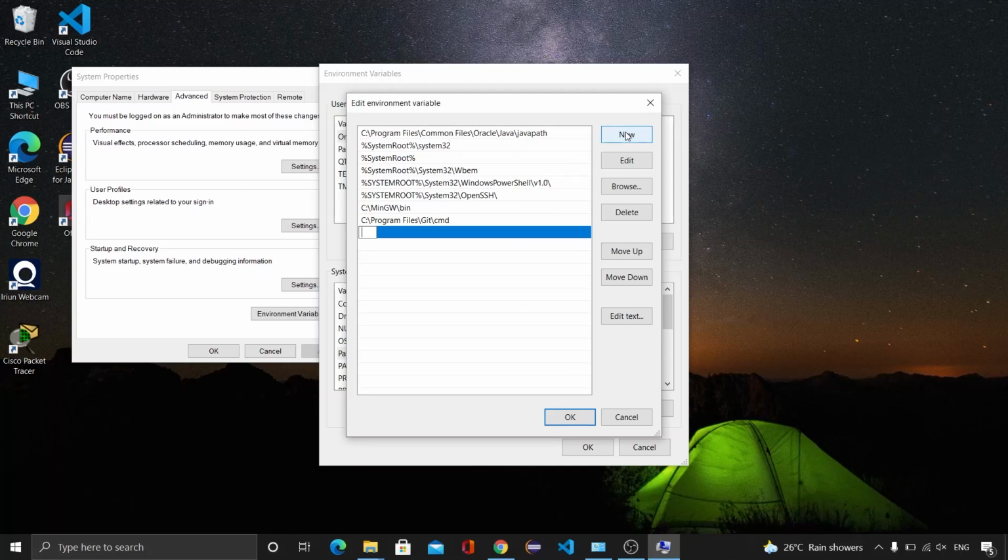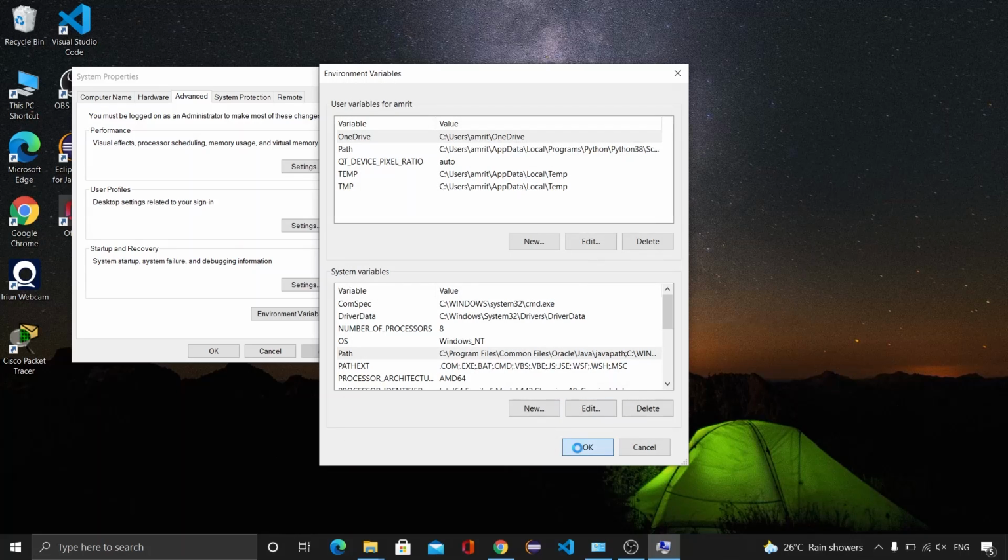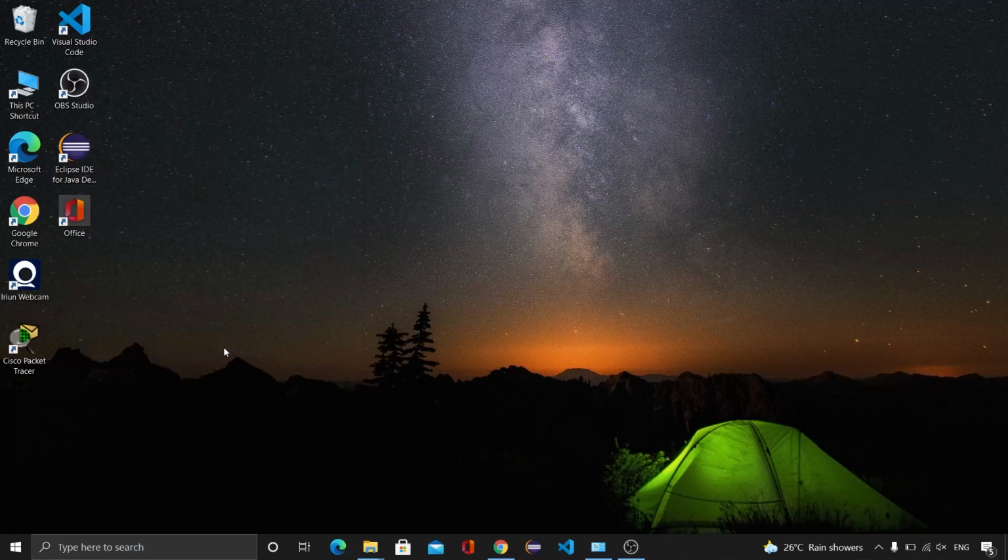So just click on new, and here we will paste the same path that we copied from the bin folder inside the JDK folder. Then say okay, and after that okay, and then one more time okay. Now you are able to run a Java program on your machine.